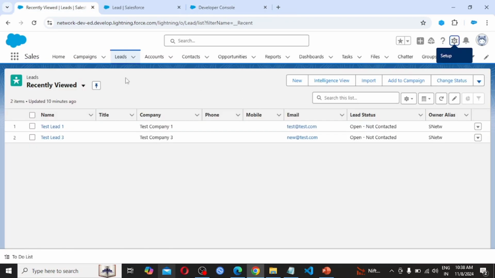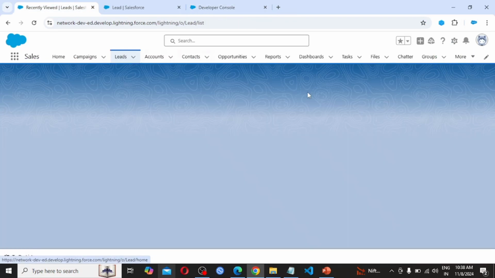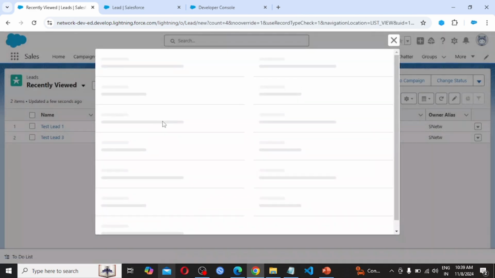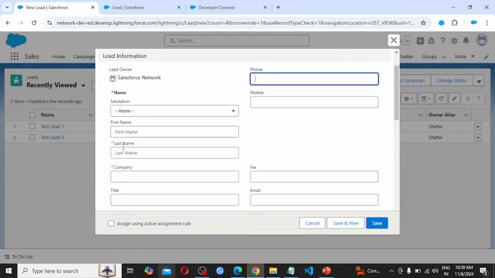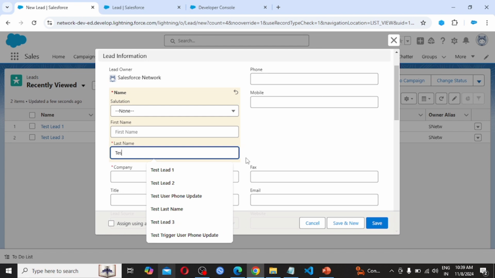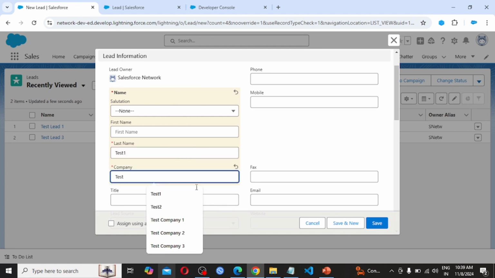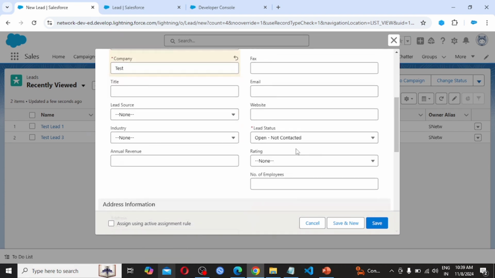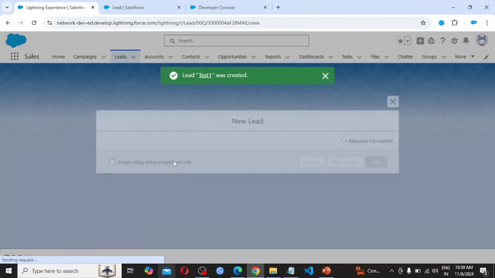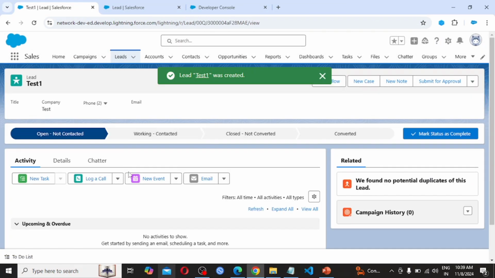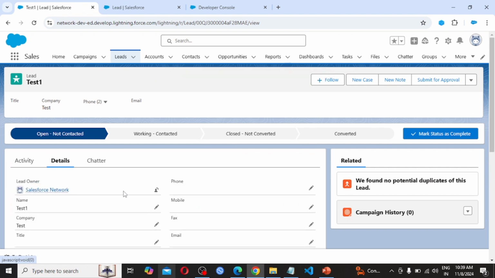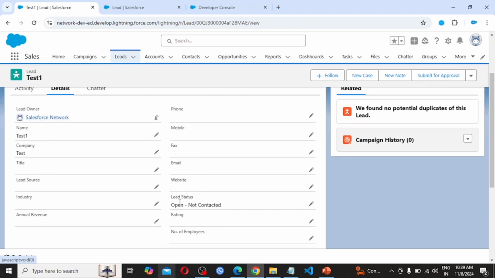Coming back to our org, I am going to create a new lead. Here I am providing the name test1 and company again test. By default the lead status is Open - Not Contacted. Clicking on the Save button, this lead is created. Let's click on details. The lead status is Open - Not Contacted.